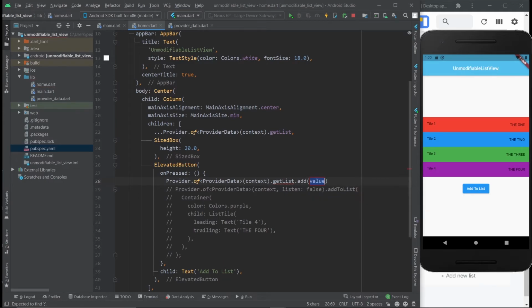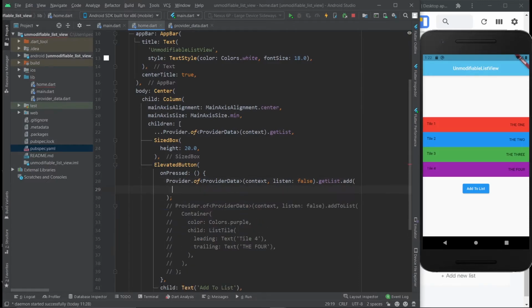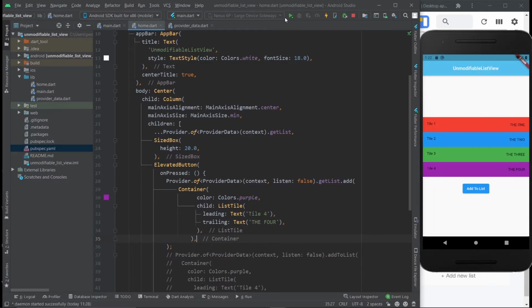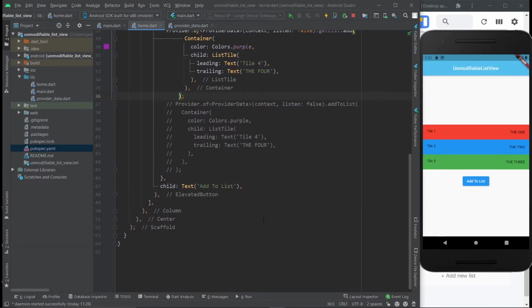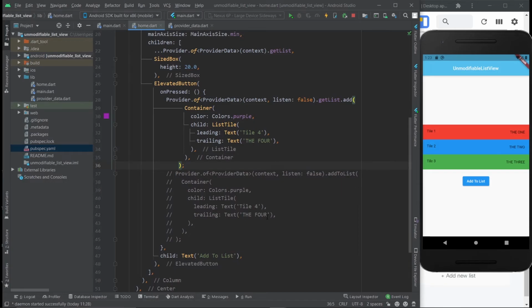Dot add, right? And let me just add this here. I'm not forgetting about it this time. And then you just take the element that you want to add to the list, like so. And this is you like a week later. You don't remember. So you go ahead and you do the same mistake. And once again, what do you think is going to happen? You're going to hit the button and nothing's going to happen. The app is going to completely ignore you. So we're right back where we started. We're right back to the same problem we had.